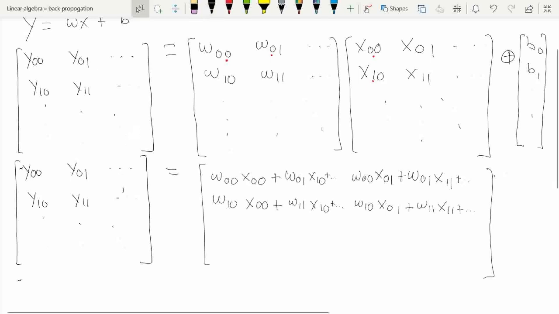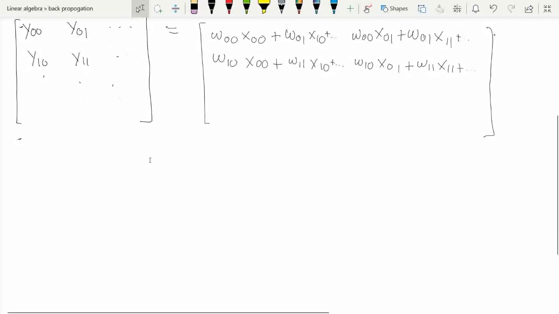And then if we consider an element Y i j,